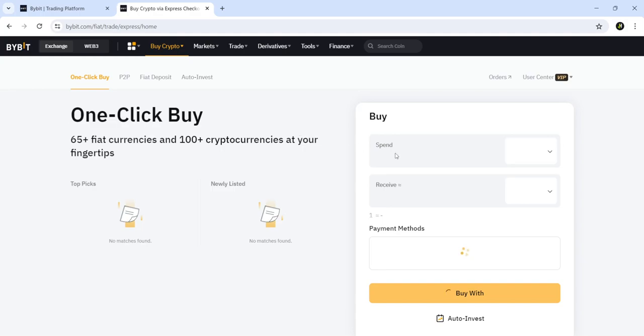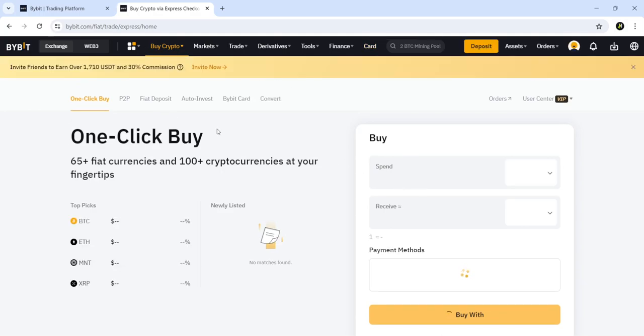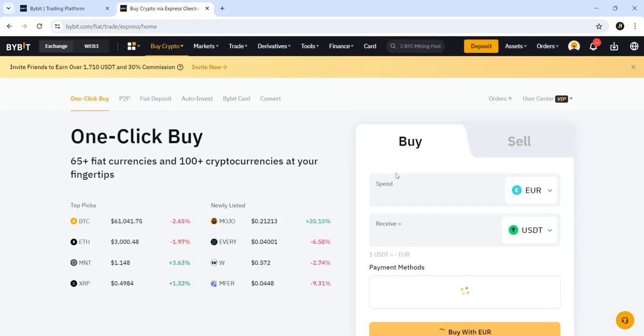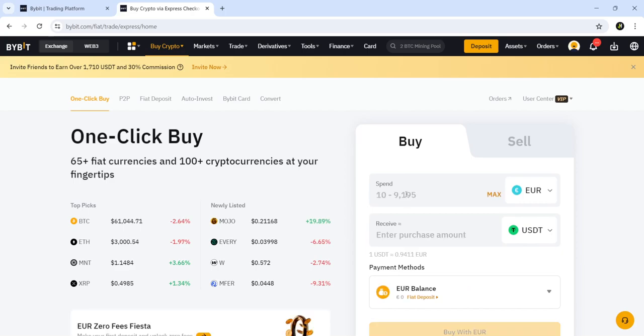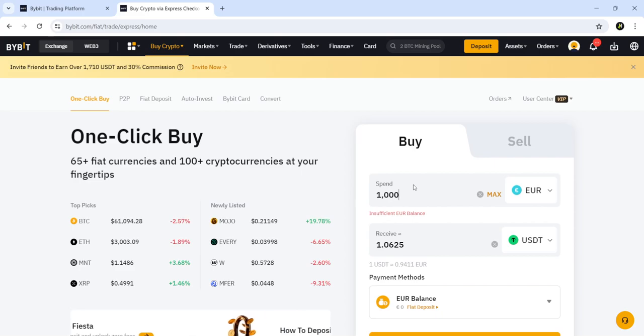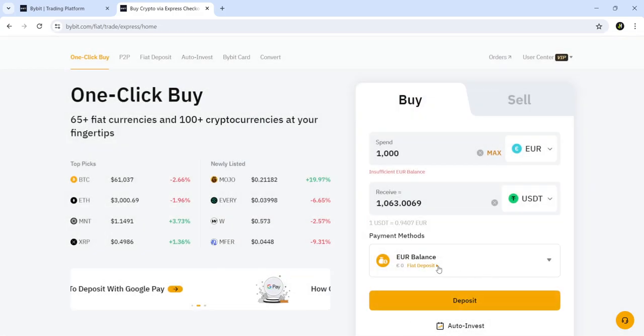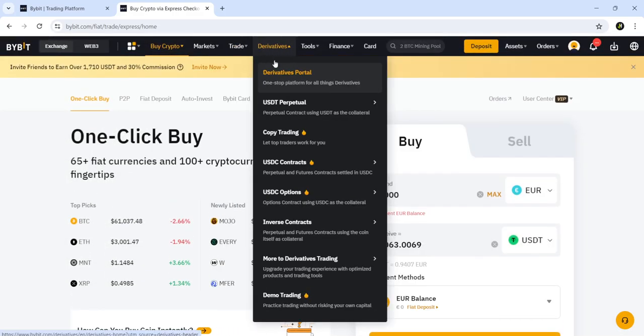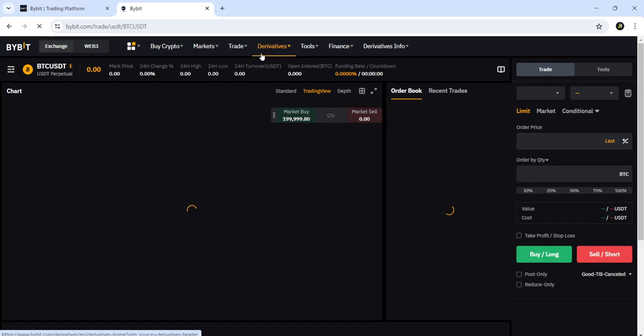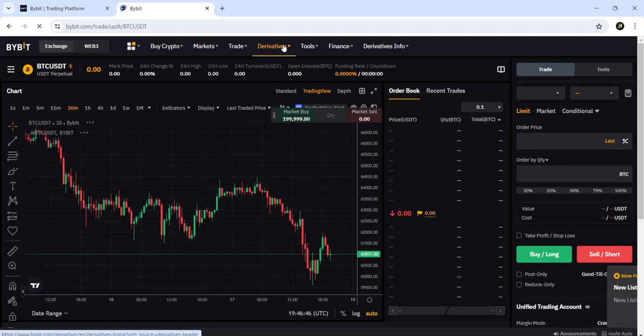And if you want to buy crypto with your credit card, you need to come here, One Click Buy, put your deposit. So come here and here click bank card. Okay. Now when we share a signal, you need to go on derivatives